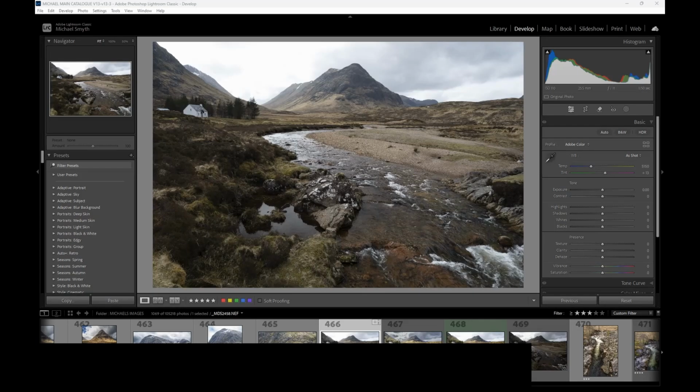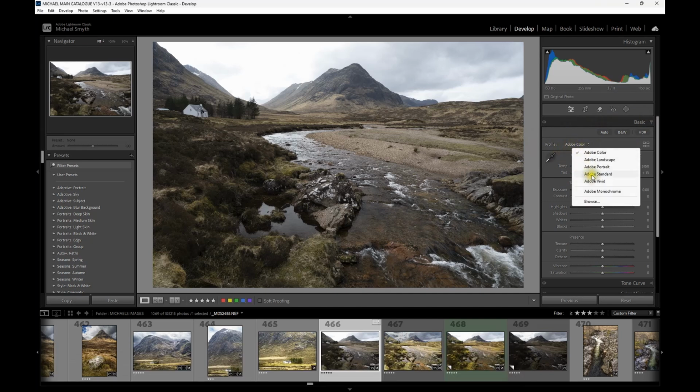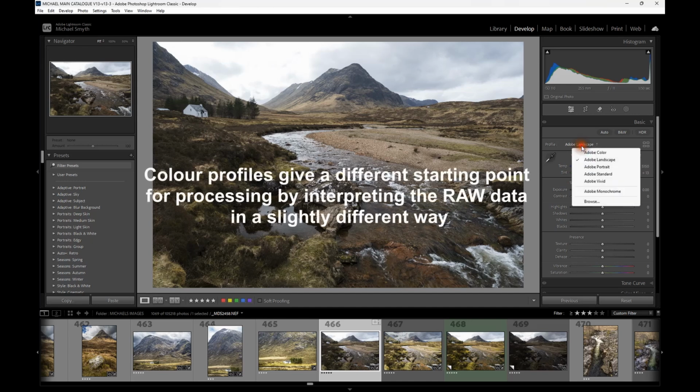Now the next feature we're going to have a quick look at is a new feature that's only available in Camera RAW. Normally Lightroom and Camera RAW are in lockstep with the improvements and enhancements, but in this case Camera RAW has a feature that Lightroom doesn't, and it's related to the profiles. Now you may never have tried different profiles, but if you look at your basic section of the develop panel, if you see here Adobe Color, you can look at a number of different options. I'm not going to change this now, but if you do pick one of the different profiles, it's giving you a different starting off point to do your processing. We'll take it back to